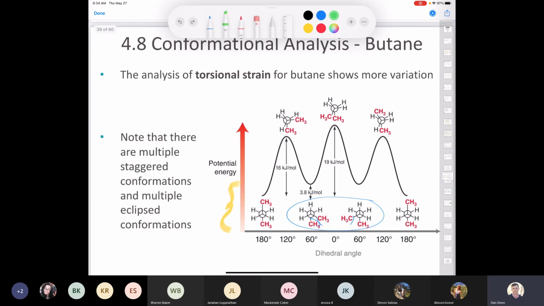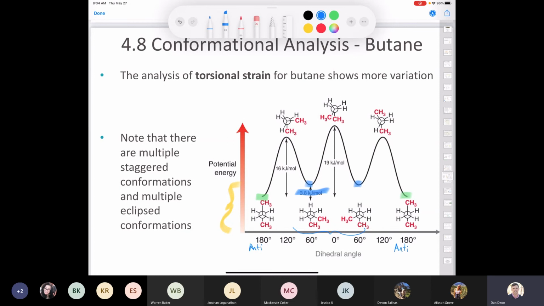Look at this. I'm going to use the green highlighter. Here's the conformation where the two methyl groups are as far apart from each other as possible. Again, we call that the anti-conformation. So we could even write that in here. This is anti-conformation, and this is the same thing. These two here, I'll use the blue highlighter. You see how these two conformations are staggered, but they're higher in energy than the ones that are in green. They're higher in energy by 3.8 kilojoules per mole, and that's because you have these gauche interactions. So this is called a gauche interaction, the fact that the methyl groups are close to each other